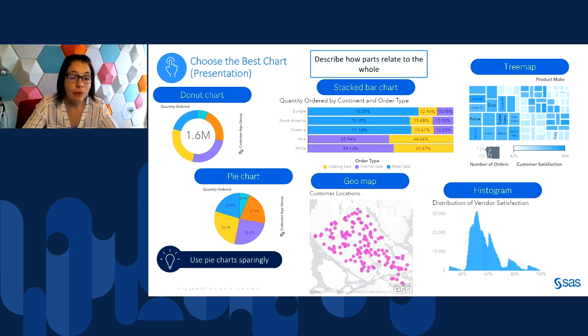However, I would be cautious in using pie charts and donut charts. They are often difficult for users to read. It's hard for users to compare the size of the slices to determine their values. If you do decide to use them, you should add the values to the chart so that users can easily compare them. Typically, I try to avoid donut charts and pie charts. They are not my favorite.